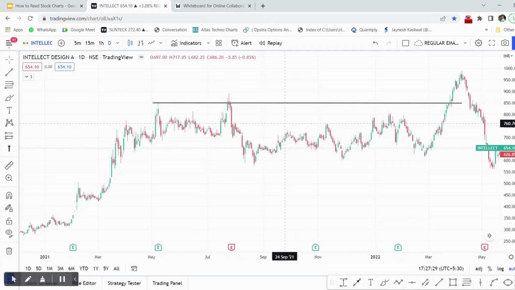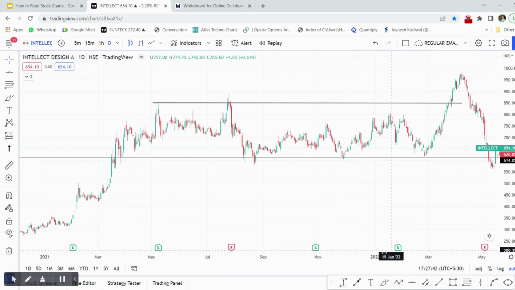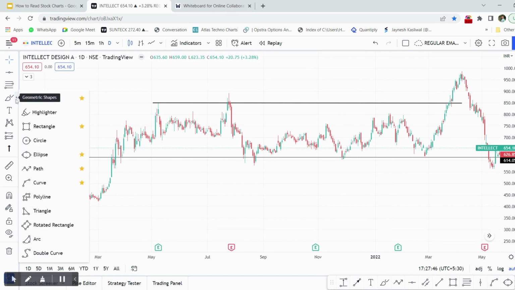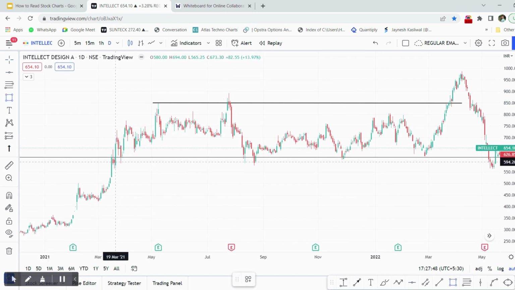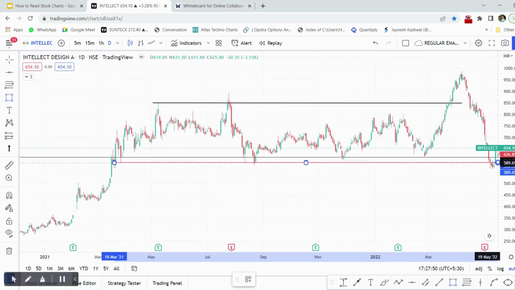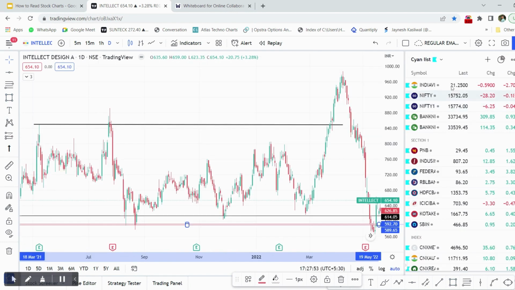So we can use the bar chart or the candlestick chart to mark support and resistance also, where it depends. If you want to connect the high and low price of the chart, then we will select the high and low price, right? Or otherwise we can directly use the rectangle tool that is present to mark the areas of support and resistance, like this. Okay, if we look at any random chart,